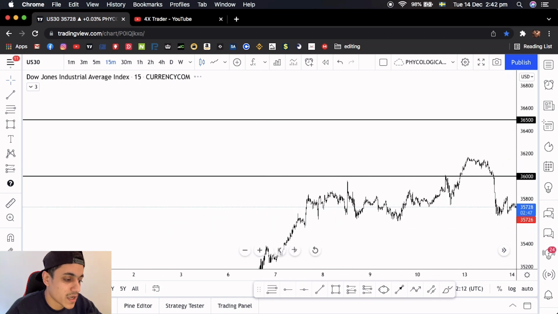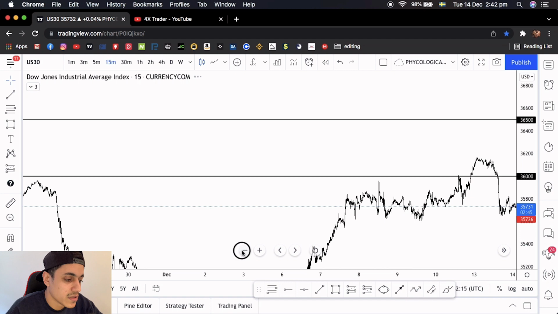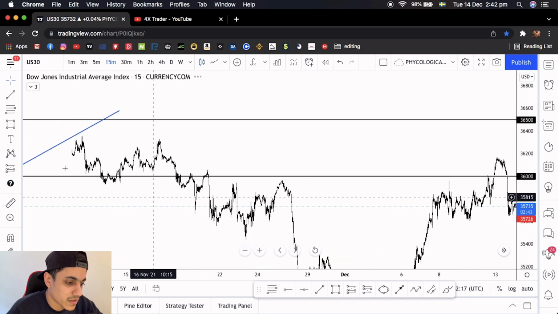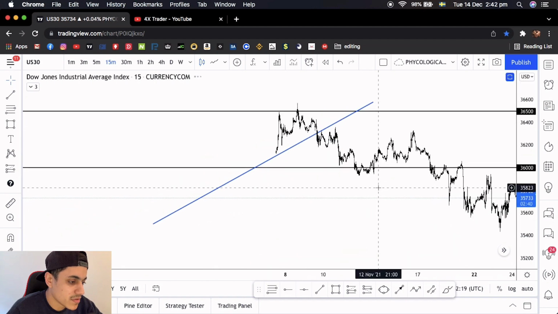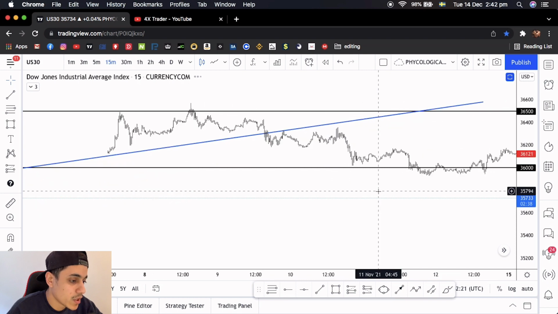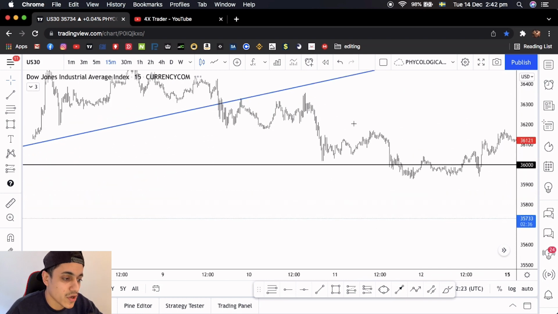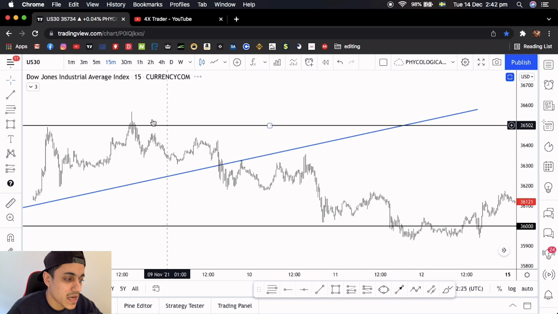From seeing that, I dropped down to the 15 minute time frame, right? That's where I usually find my entries. Let's see if we can find that right there. I dropped down to the 15 minutes. Now we know the market has failed to make new highs,